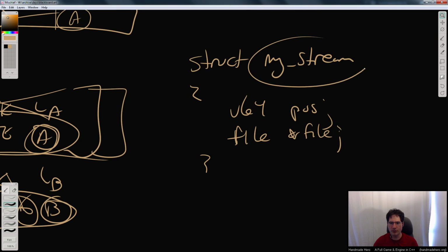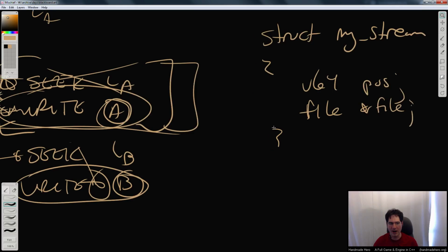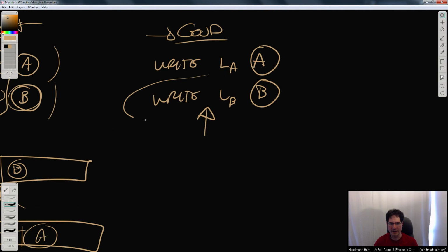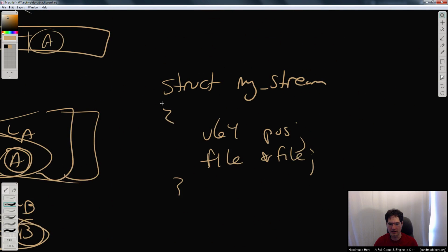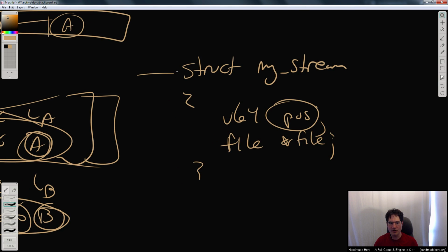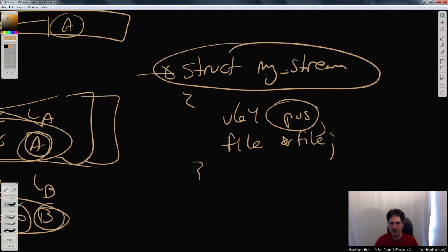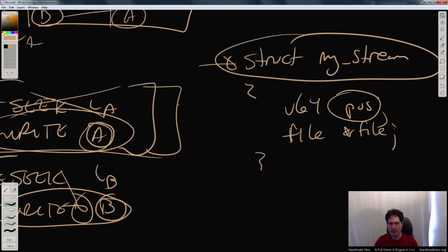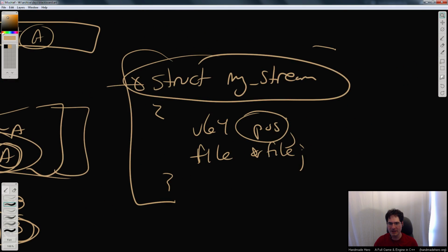And you just issue your writes through this thing. It looks at what the position was, issues the proper write in this format to where it needs to happen, and then increments position by the amount. And now, because this is unique to your thread, you will never have to deal with the other problem. So that's the right way to do it, in my opinion, because then